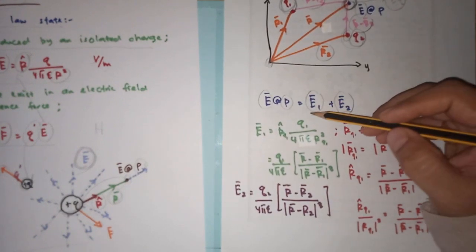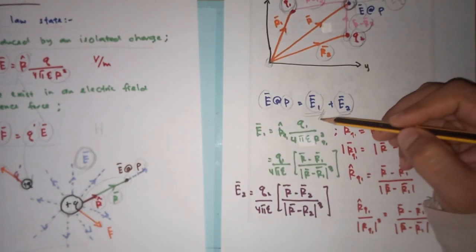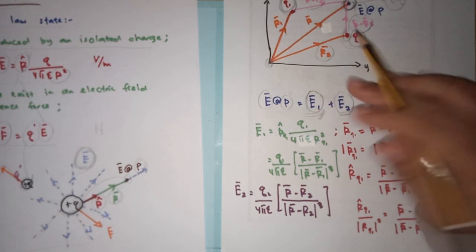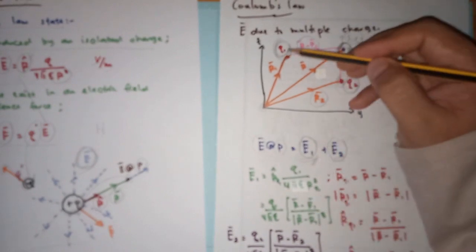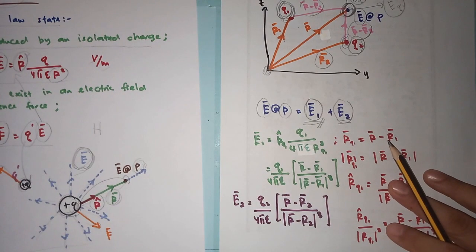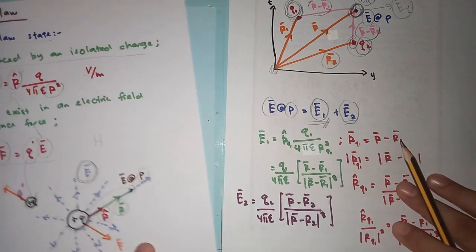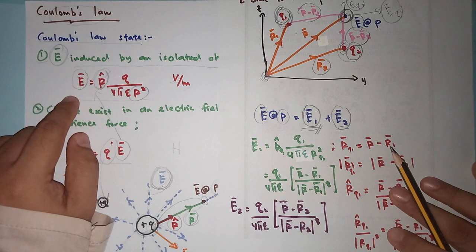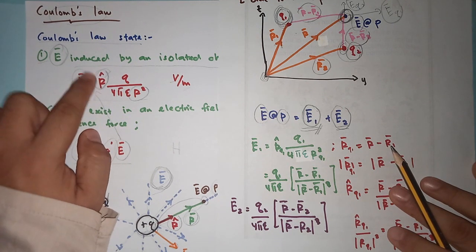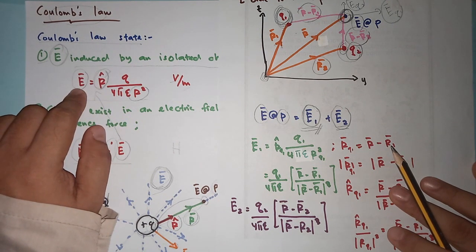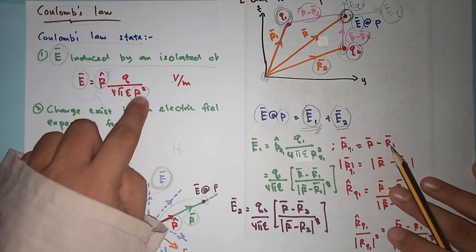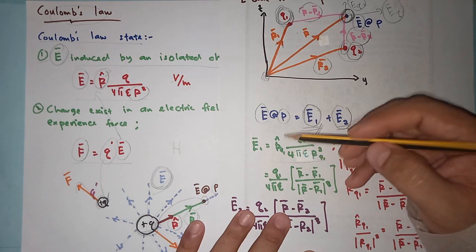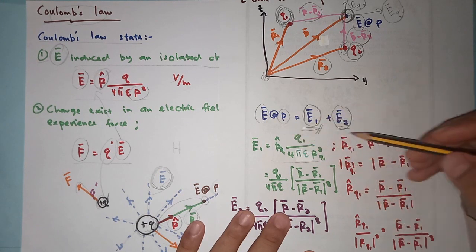So first we need to calculate the expression that represents our E1 vector, which is the electric field intensity produced by our first charge here. By referring to Coulomb's law, the equation that we need to use to derive the electric field intensity produced by any isolated charge is given by this formula. Therefore, we have this formula, and then we need to replace the r cap